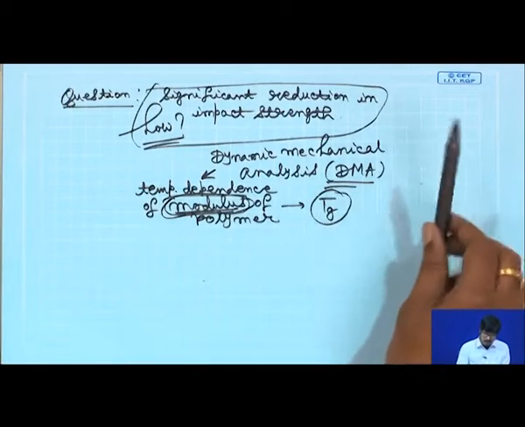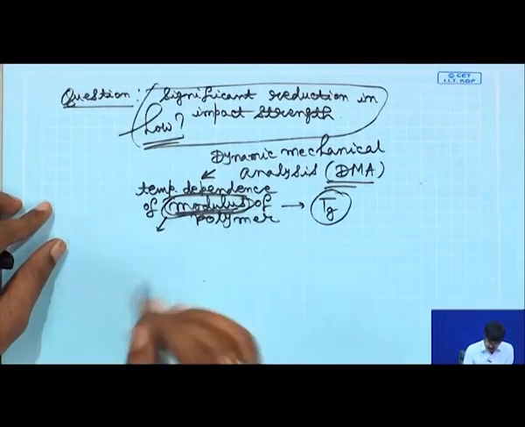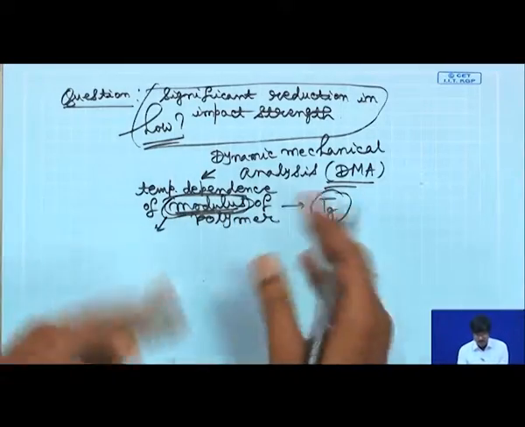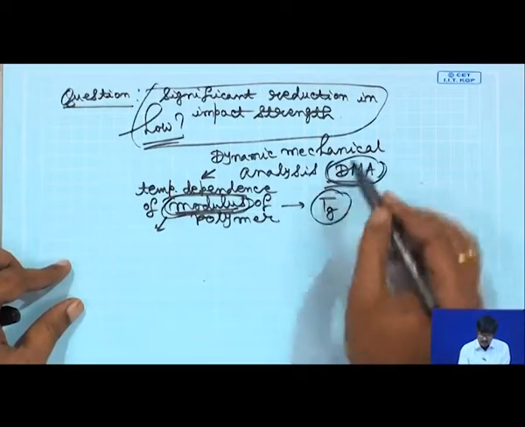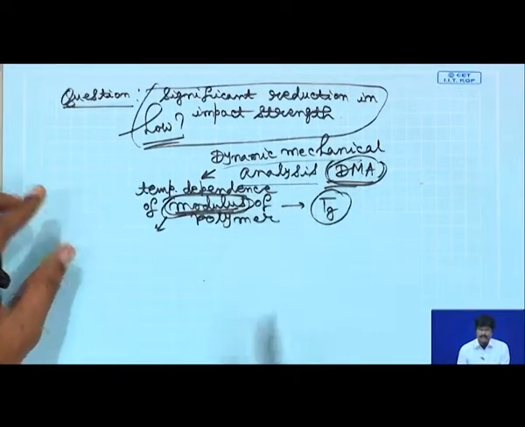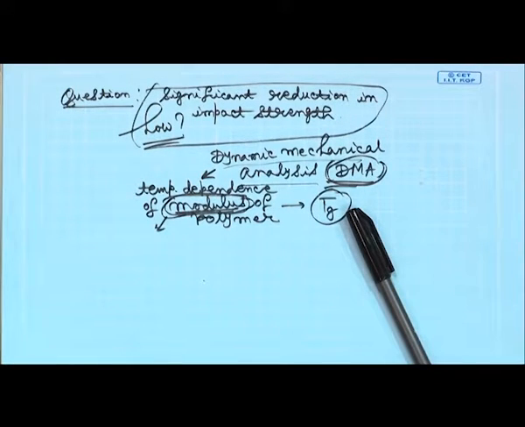So, let me explain to you. Before we go to explain the experimental result further, because we have not even gotten to the experimental result, we are talking about the analysis itself. So, this is dynamic mechanical analysis. I can give you a mechanical analogy: if you take your material and shake it at different frequencies and at different temperatures, this is just a mechanical analogy to explain what dynamic mechanical analysis is.